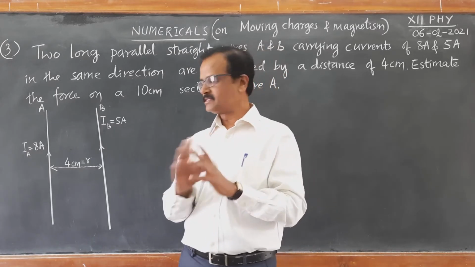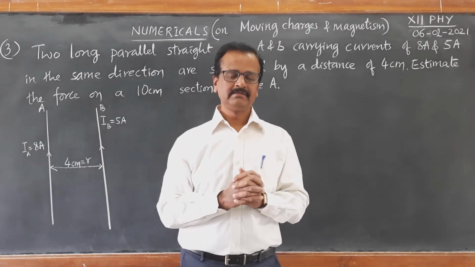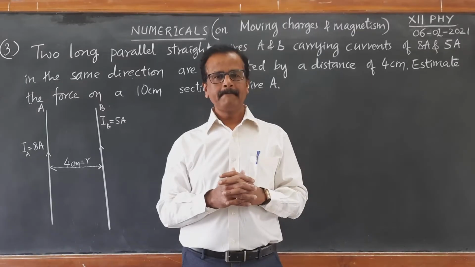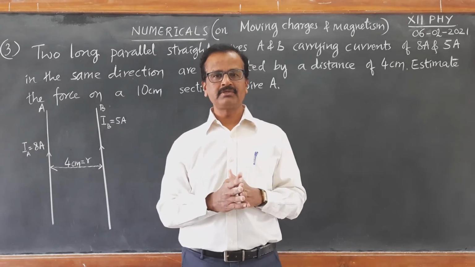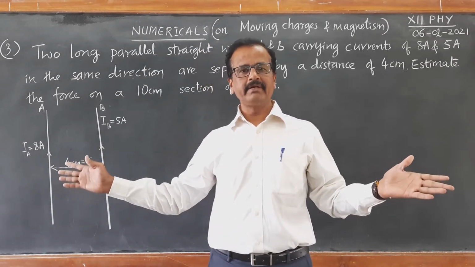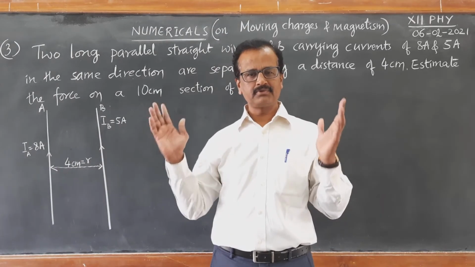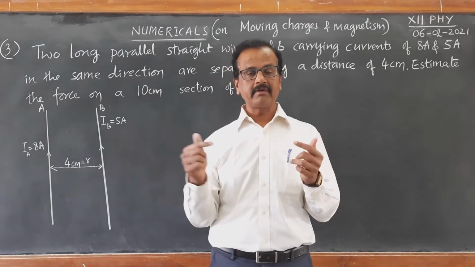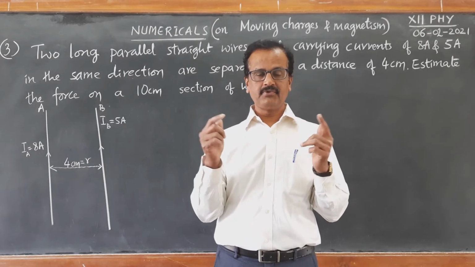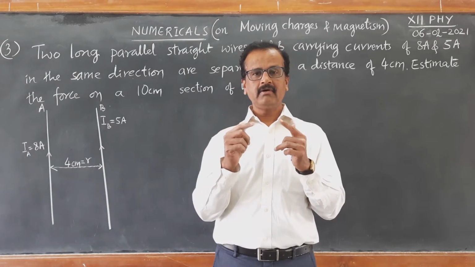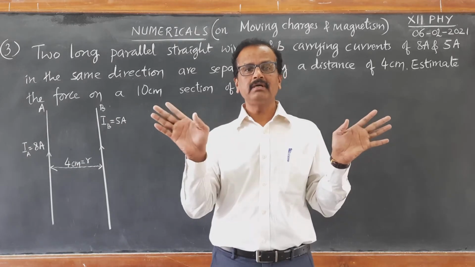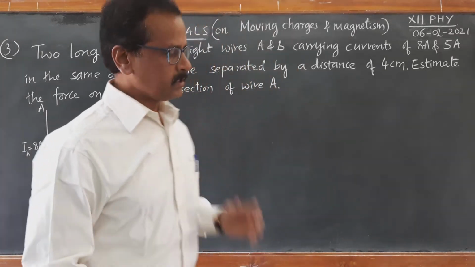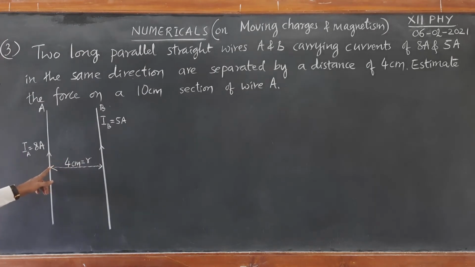Let us see how they are going to attract each other. By solving this problem and applying the magnetic Lorentz force on each other, we will be able to calculate the force and force per unit length, as well as the direction of forces, whether it is a mutual attractive force or mutual repulsive force. First, you are asked to find the force on conductor A due to the current flowing through conductor B. Okay.